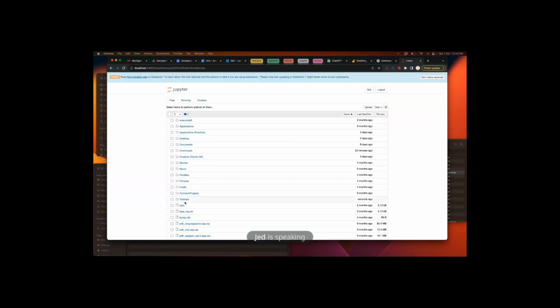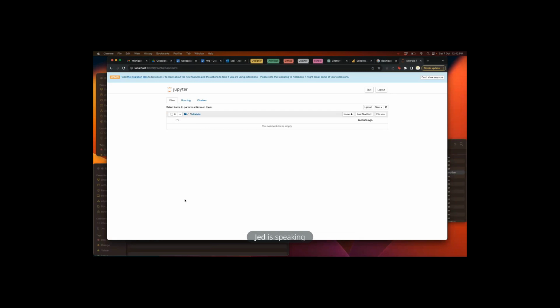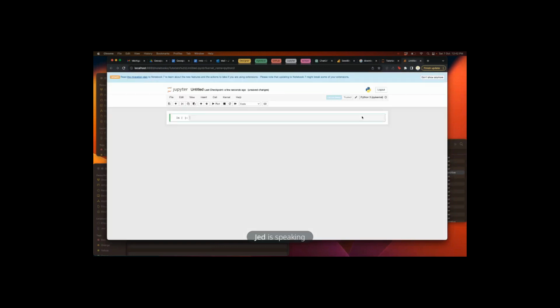So our folder has been renamed now. We can go into that particular folder. This is the folder where we want to keep all our Jupyter notebook files, or the tutorials that we are going to be going through. So now I can come in here and create a Jupyter notebook file. When you click on Python,